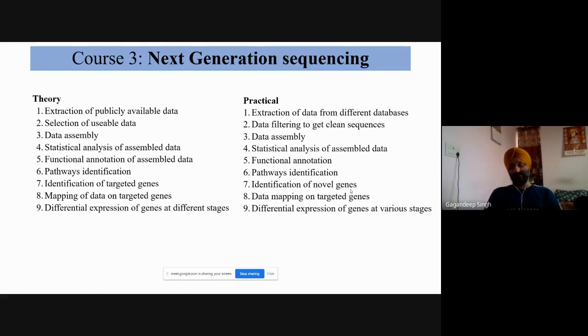There are several institutes like IIT Delhi that provide you space to assemble your data. There are a lot of other institutes providing computational facilities in their supercomputers to assemble the data. But for other parts, there is no need of high-end computers. For structural biology, to run MD, molecular dynamics and simulation, we need 256 GB RAM and a 10 GB graphics card. Same in next generation sequencing, we need at least 256 GB RAM and a 16 GB graphics card for data assembly. But we can use other sources as well.